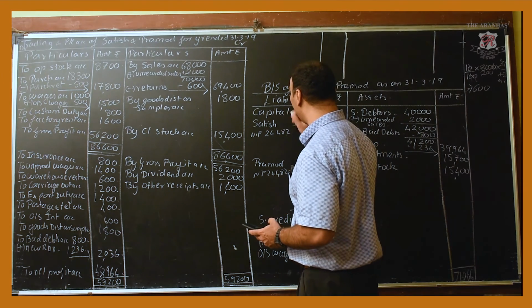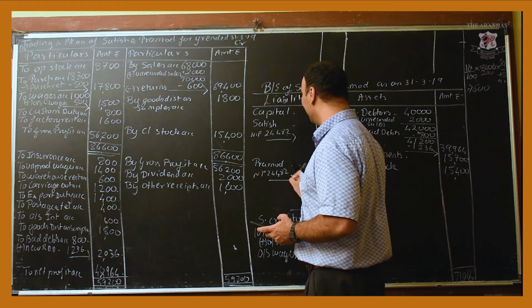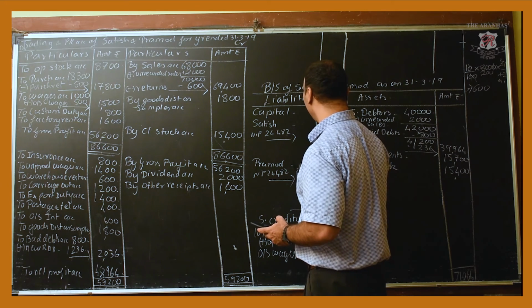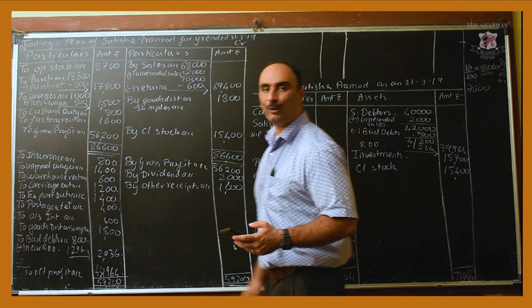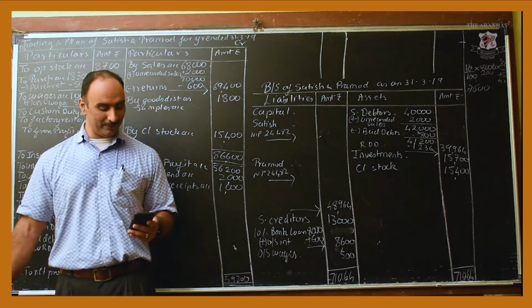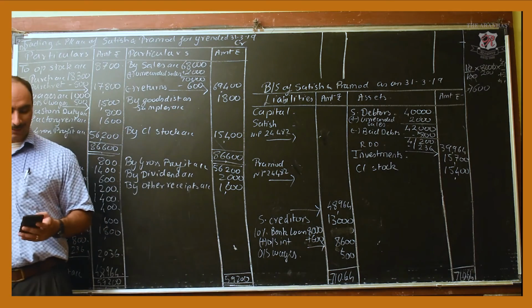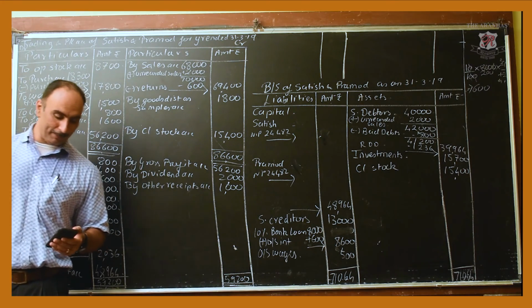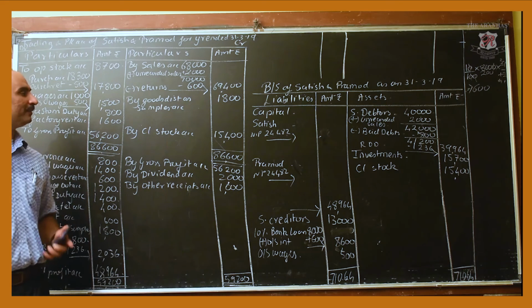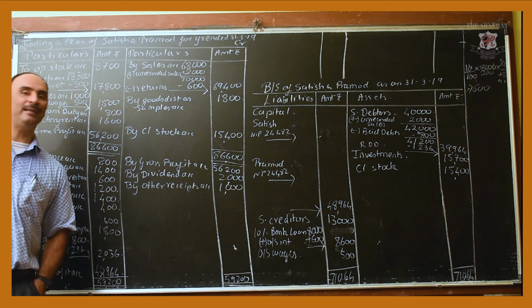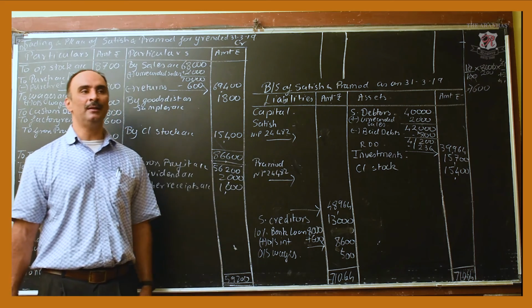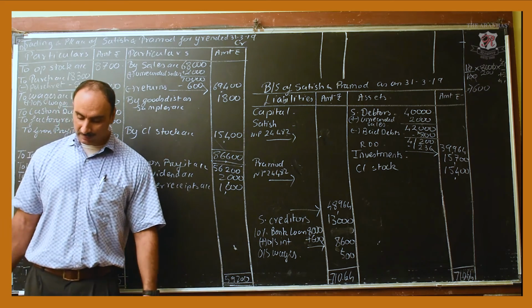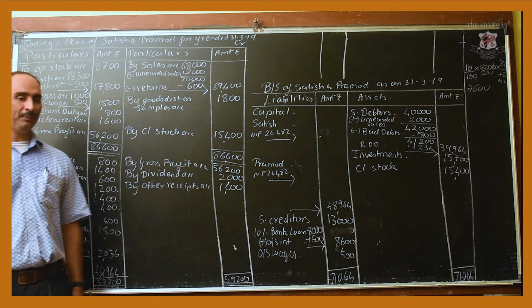That means there was no capital introduced by the partners. Their total capital introduced was the profit only. So 48,964. There is no capital introduced by the partner. See, they had not asked us to prepare the balance sheet. So that is why this kind of thing was there. There was no capital balance given to us. Now, this completes this particular sum.